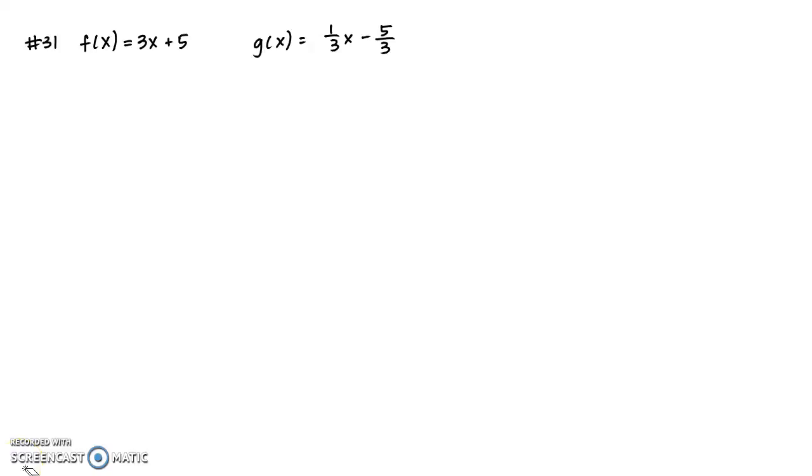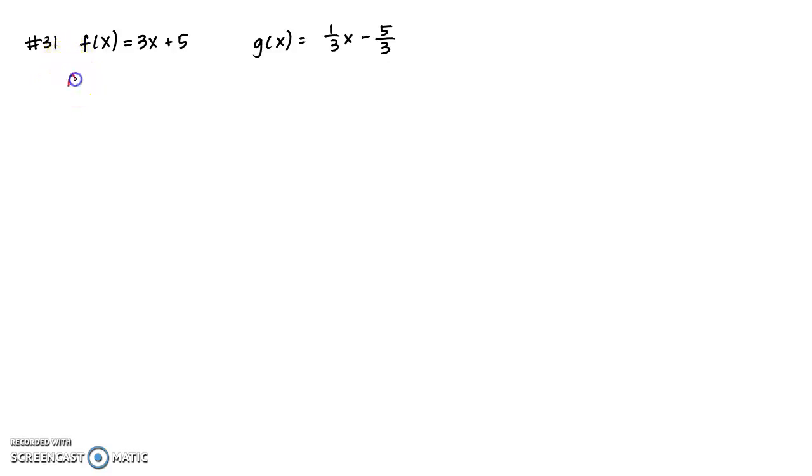Alright, since we didn't get a chance to talk about this in class, I want to help you see how you can algebraically show that two functions are inverses of one another. And essentially, to do that algebraically is a two-part process. Remember, inverses undo one another, so if we want to show that these two functions, f and g, are inverses,